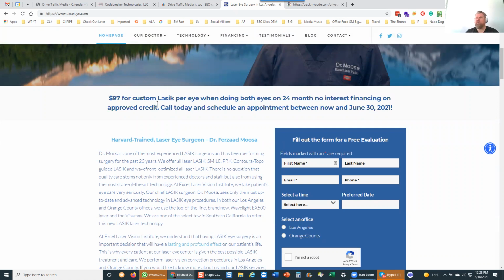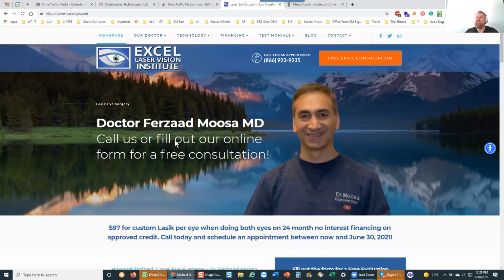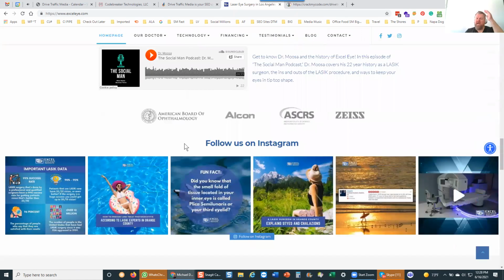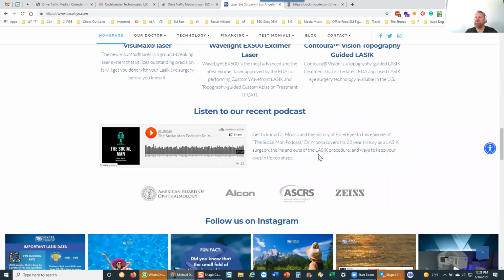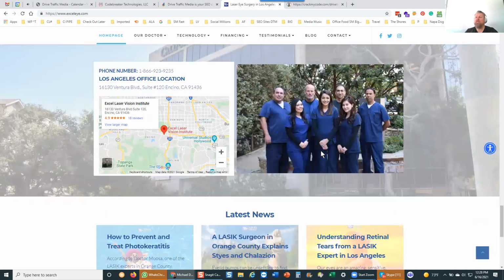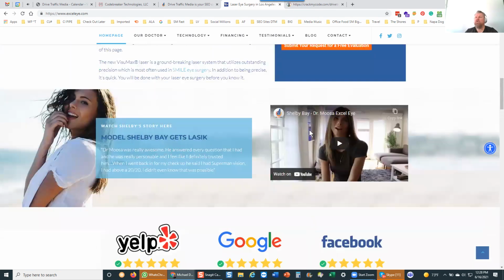We're testing out something new. When people click the ad, this is the main landing page, because if we have to put everything on one page, sometimes it is massively long. So this is where you want to put your content and all that. Then we have a podcast here, so they can listen to it. They have a video testimonial right here